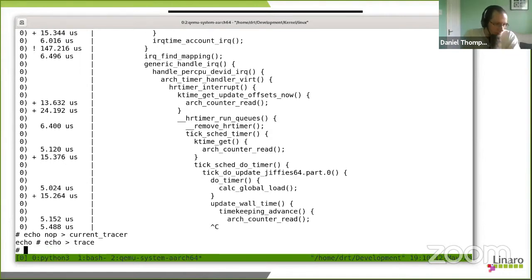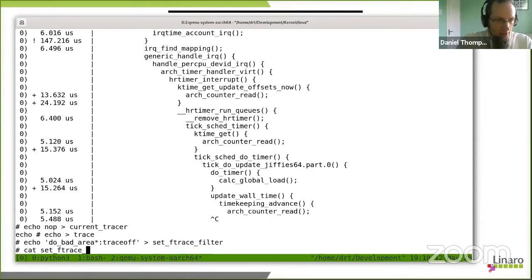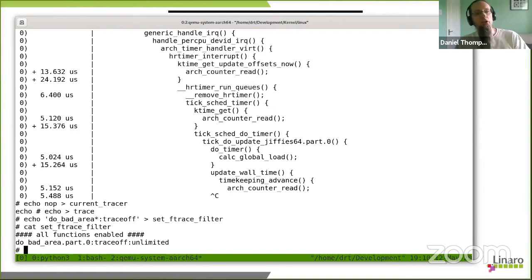And a quick look at some of the other bits and bobs that we could be doing. So we talked about do bad area. I'm going to use a wildcard on my do bad area and use a trace off command, and write it into set ftrace filter, and then look back at the contents. So this is the curious property of this file. We've got all functions are enabled, and we've got a trigger trace off on do bad area on the semi-inlined,